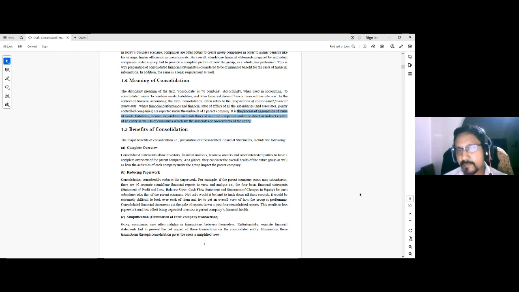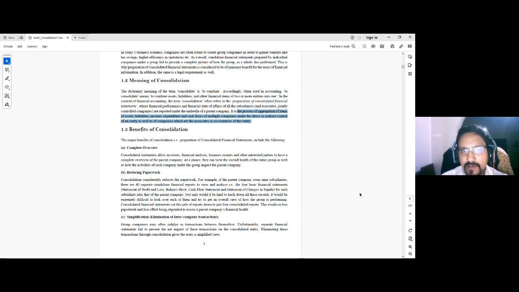Altogether, parent company plus 9 subsidiaries, there are 10 companies and 40 financial statements. Now it is not possible for an investor to actually evaluate all those 40 financial statements in order to get a complete picture of the group as a whole. So if it is possible to integrate, to consolidate the figures of all the subsidiaries with that of the parent